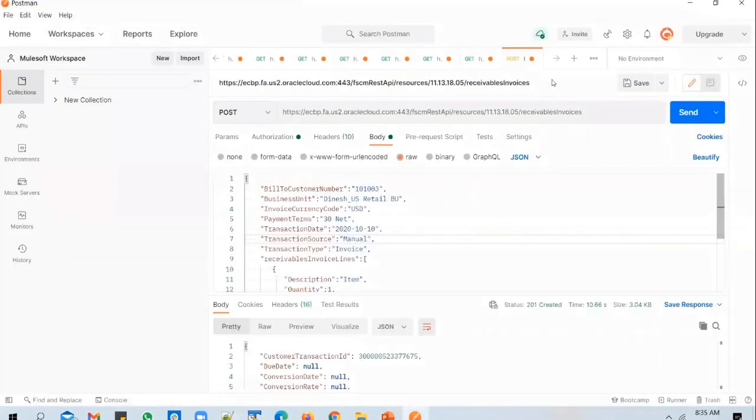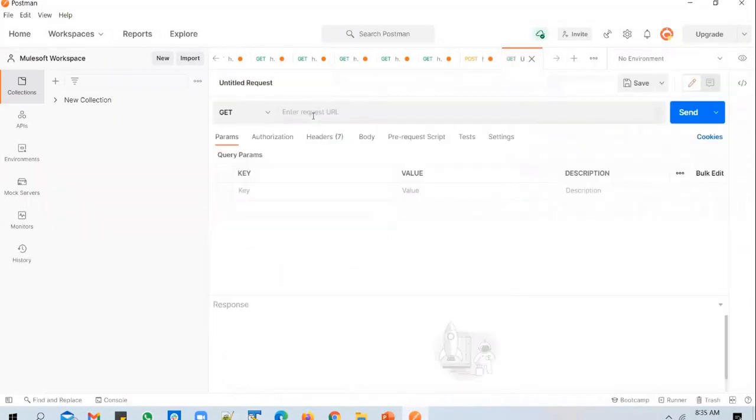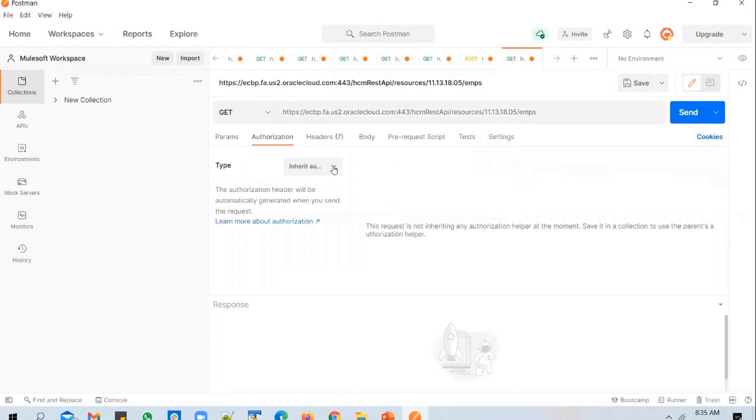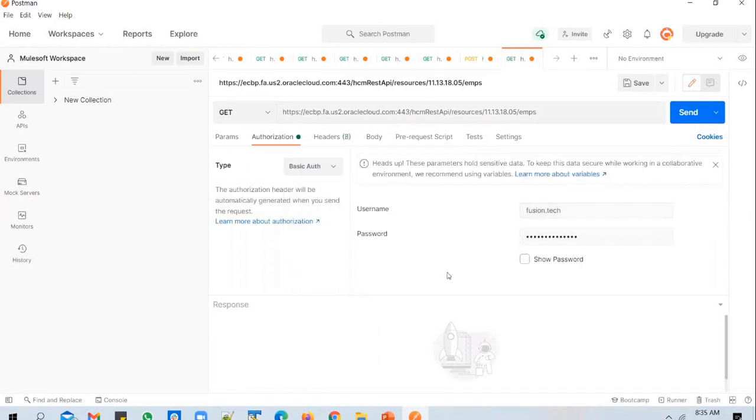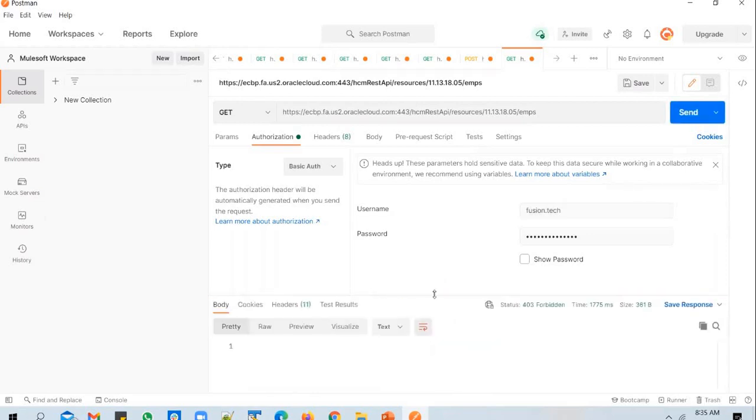Copy the endpoint, go to Postman, create a new request, go to authorization, select basic authorization and kick off the request. I will try it out in ECBP test.